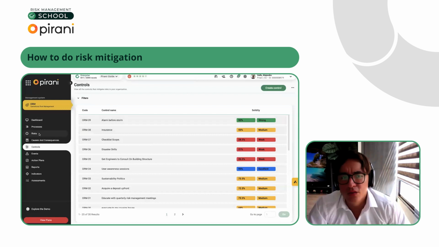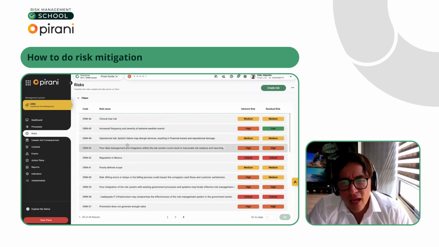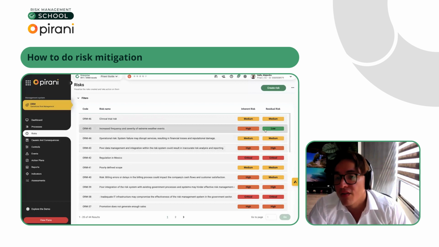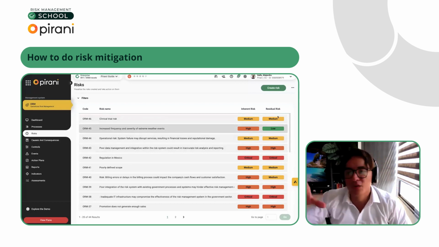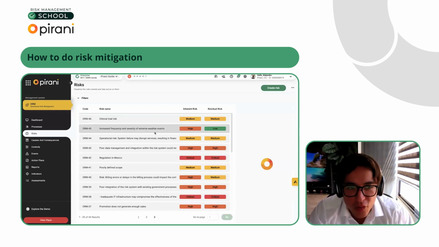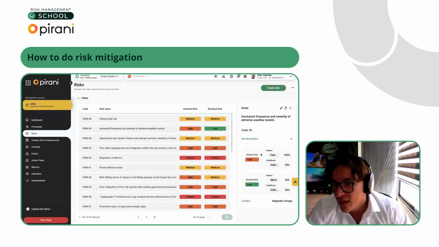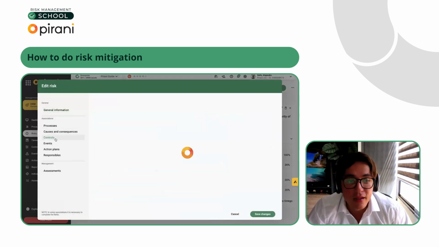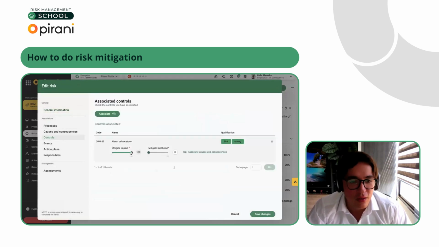And then when I go back to the risks, look, after that specific control is applied, now I have a residual risk of low. Of course, I put strong and that it will mitigate 100%. That is not actually real, but you get the idea. So the inherent risk is high and the residual risk, the impact, will be minor because I say so. But I can always adjust. Maybe I shouldn't be that optimistic.